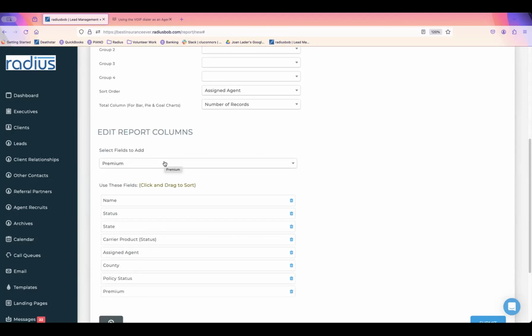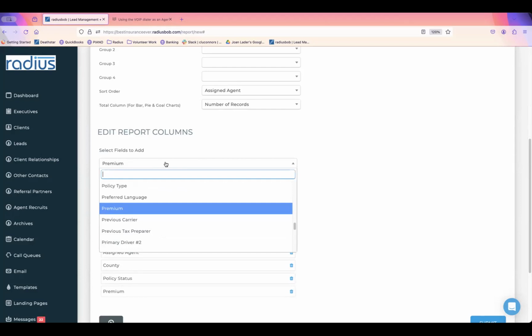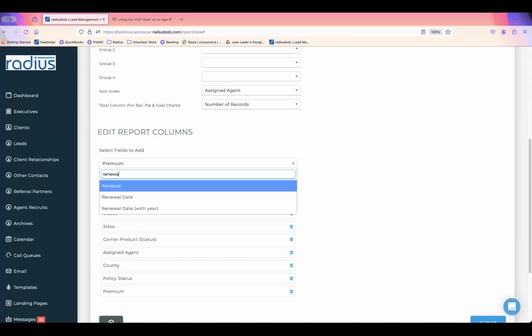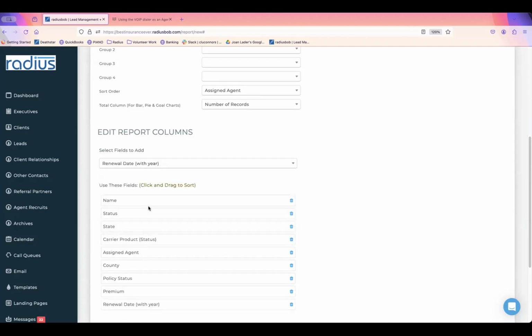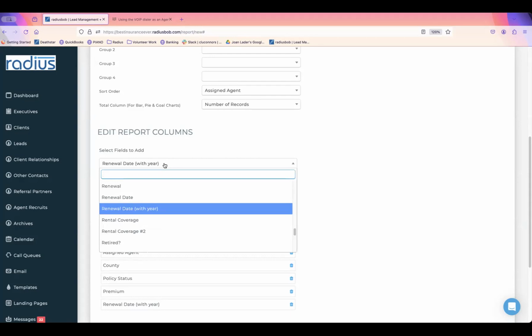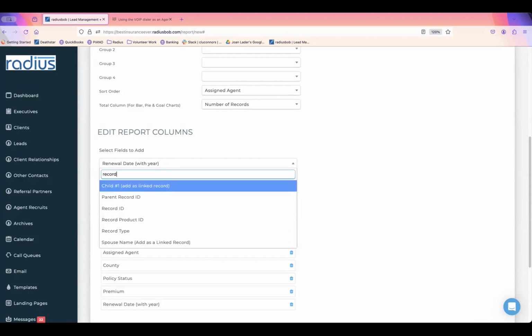So anything that you want to change and update using this report, you're going to want to pop in there. Again, it has to be policy related though. So you're going to update the policies and not the actual lead or client record, just a policy report. We've got premium, want renewal date with year, because that's probably the most important element of this report that you're going to update. Assigned agent we have, anything else you want, but the most critical is we need the record